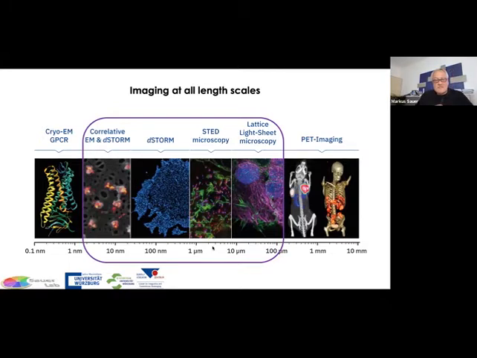But all methods have limitations, even though they allow us to bridge the resolution gap between the atomic resolution provided by cryo-EM on the left-hand side and whole cell imaging by positron emission tomography. They still have limitations. Either they are limited to fixed cells and complex instrumentation, requiring expert knowledge and restricted to a few dyes that work perfectly, or they do not achieve sub-100 nanometer resolution. For example,